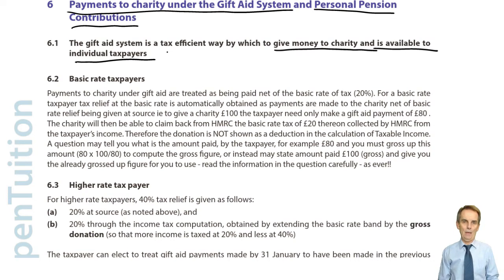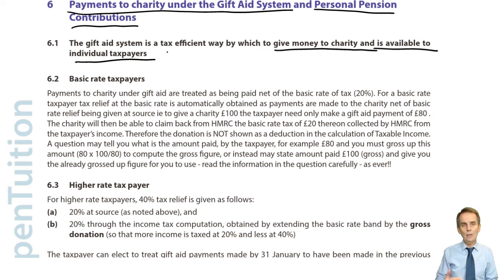They end up with £100. So for the charity, it's great news. They get £100 from what was an actual gift made by me of £80. And for me, I'm gaining benefit because if I wanted my favourite charity to have £100, I don't have to give them £100. I need only make this Gift Aid payment of £80 there.